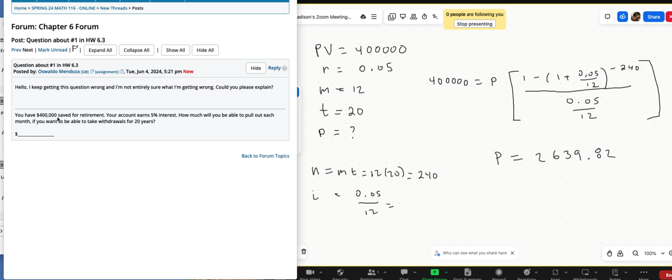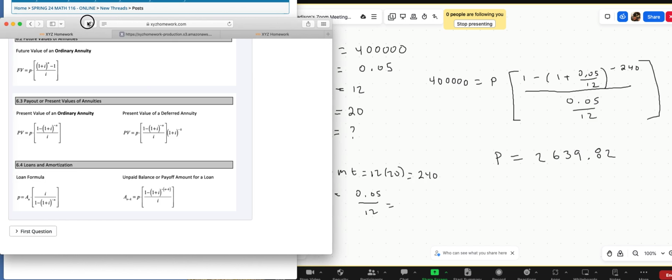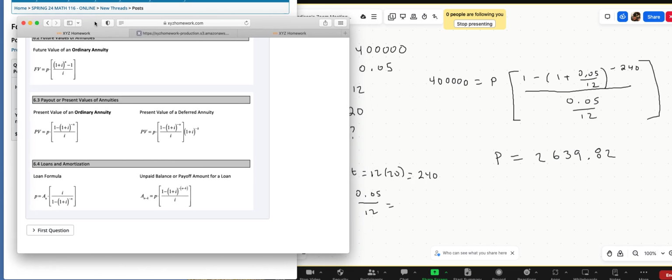Take a look. So we are in 6.3. We have $400,000 saved for retirement. The account earns 5%. How much will we be able to pull out each month? If we saw that on an exam as a question, kind of the two hard things on the exam